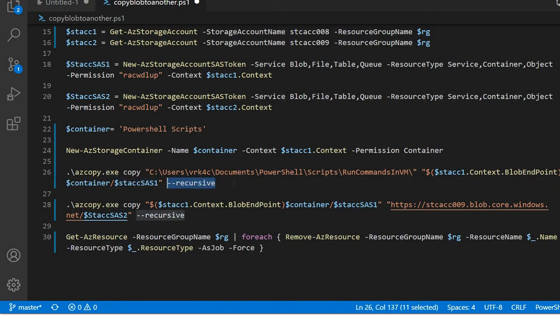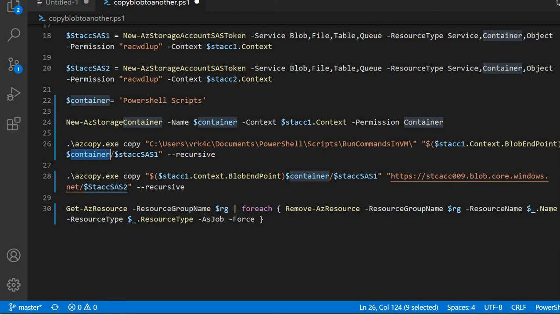There are other things like --blob-type, where by default, when you don't provide a blob type, it will take it as detect. So based on that particular file, it will save those files in that particular container. So it's one way of using AzCopy. You can go into detail with the Microsoft Docs and understand what the more parameters in AzCopy are. Then I'm copying those files from one storage account to another storage account.